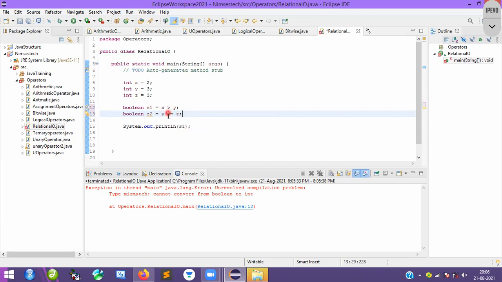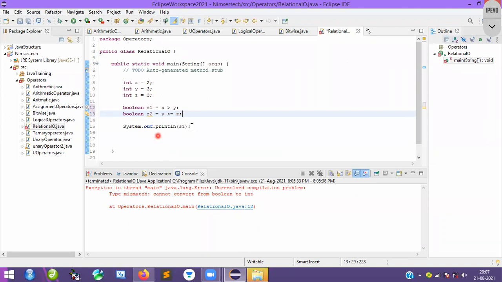Check with this condition, compare with this. So 3 is equal to 3, that condition is satisfied. Again, 3 is greater than 3, this condition will be false. Yes or not? It indicates very clearly that when you use this kind of operator, at least one condition must be satisfied. Here you can see 3 equal to 3 is satisfied, and that is the reason why you get the answer true.